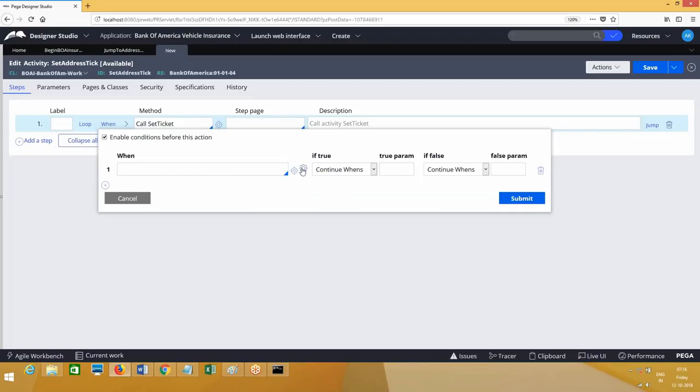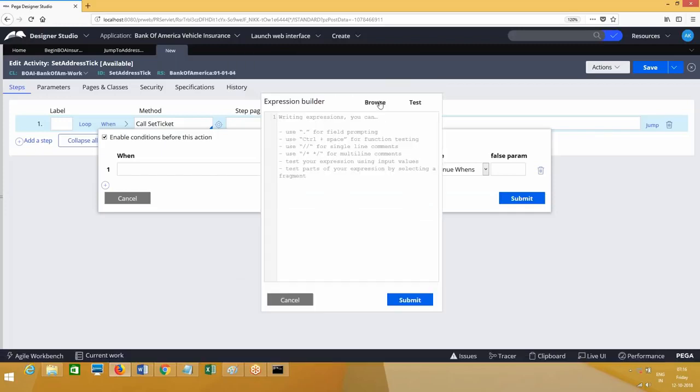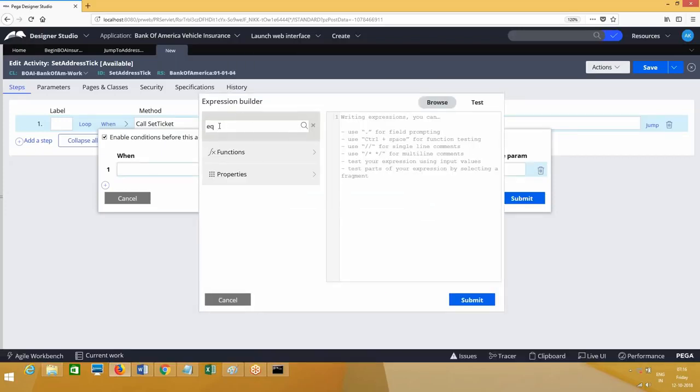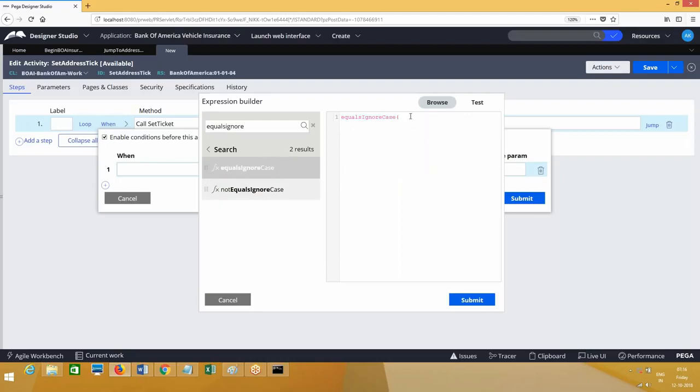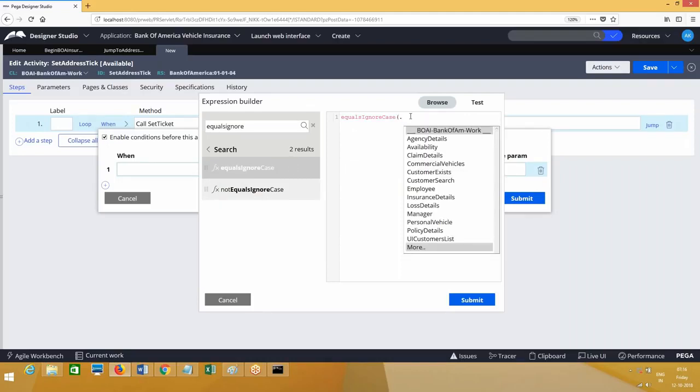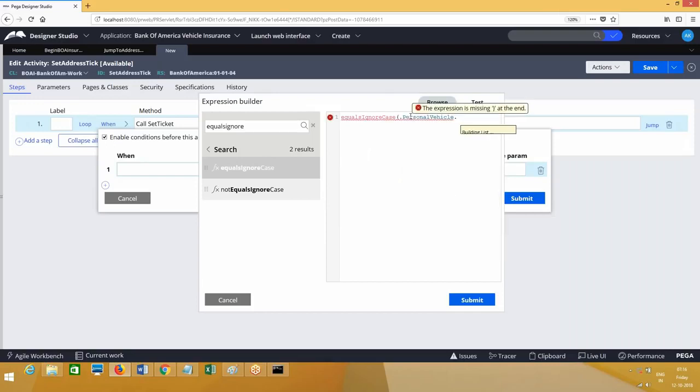What is the condition? Equals ignore case of the personal vehicle's is brand new vehicle is equal to, what is the value?